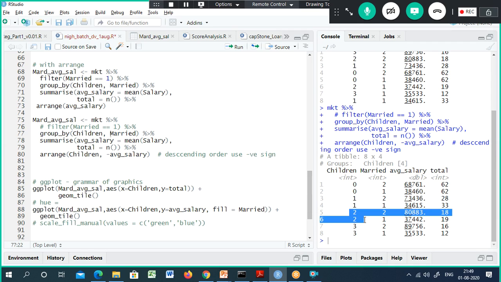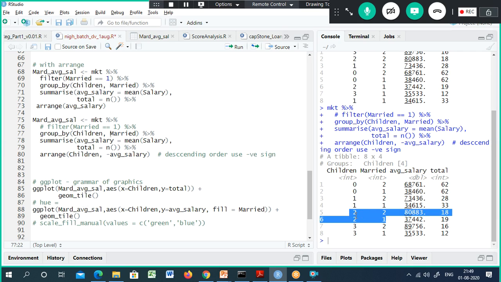And 2 2, if you look at these 2 records, we could see 2 customers, but 2 kids. This person is a married person, hence it is showing 2. See, 2 is nothing but married person, 1 is unmarried. Married persons have 2 kids, unmarried persons have 2 kids. But start with 2 because we are doing arrange in children only, not along with married.